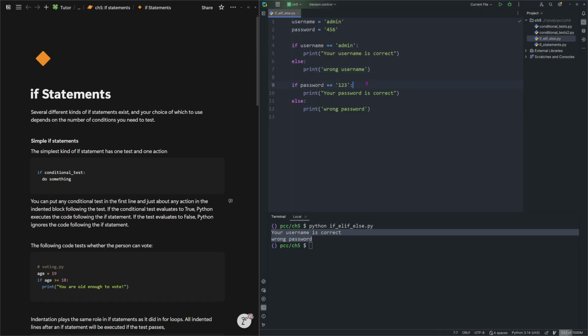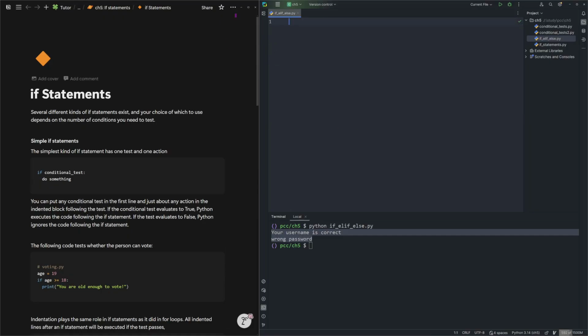And by the way, you can't use an elif here because the first condition is always an if and the last condition is always an else. So when we write else, we are done with the if block. An elif can only come in the middle of an if and an else. Middle is for elif. So that's the idea. Now I can give you a problem, a very simple problem